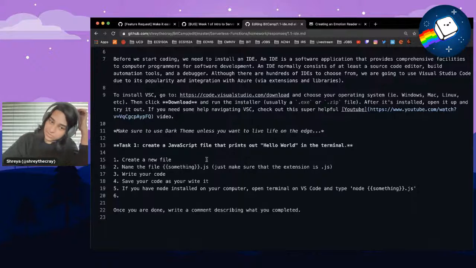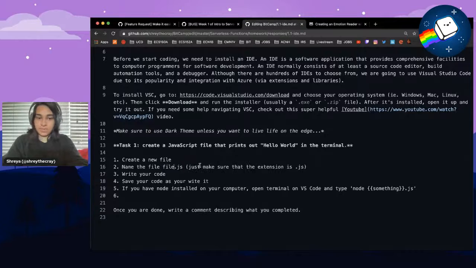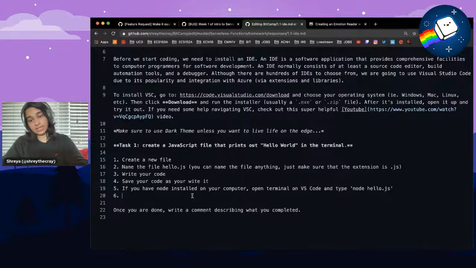I think this is kind of confusing. I think I'll just say file name to make it easier. Or this is the hello world one. We'll just call it hello.js. You can name the file anything. Just make sure that the extension is .js. Cool. And then once that's done,